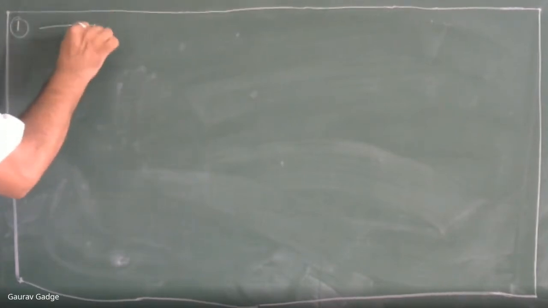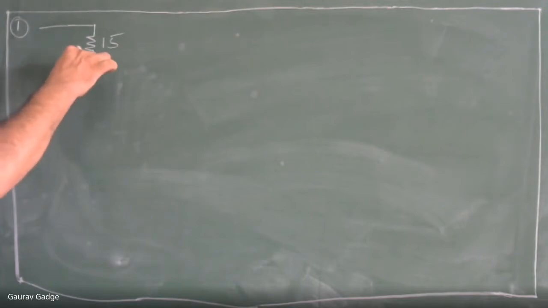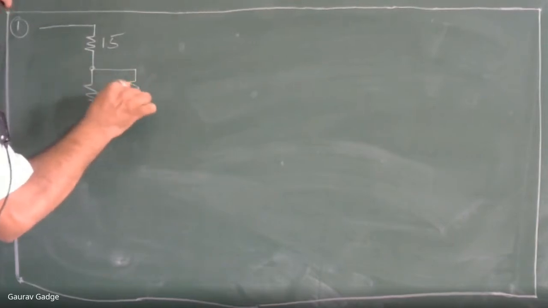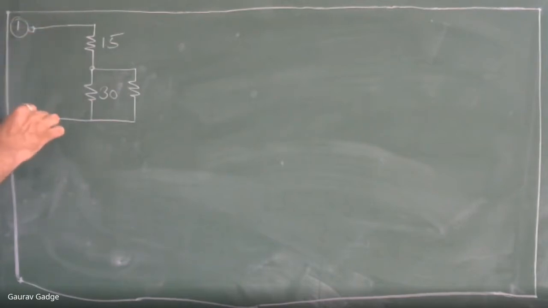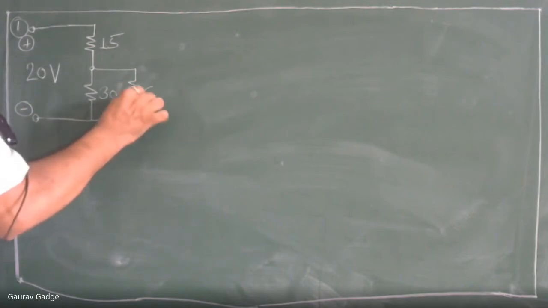Okay, now in second numerical, the given voltage is 20 volts and two resistances are connected in parallel. Okay, so this is 30 and then this one is 60. And here the voltage which is applied here, between positive and negative, it is 20 volts. Okay, and then we have to find out the voltage across 15 ohm and 30 ohm,